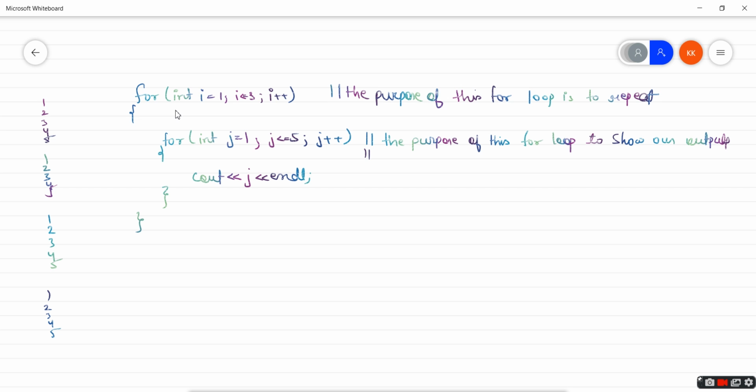I think what the problem is, you guys are confusing the purpose of this for loop and the purpose of this for loop.